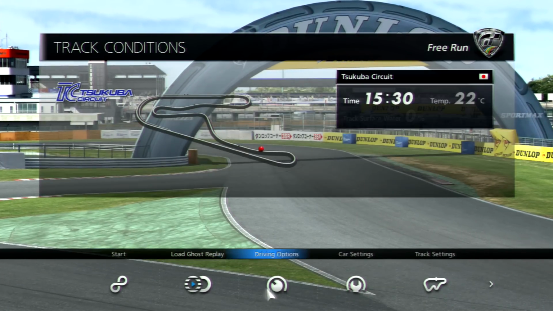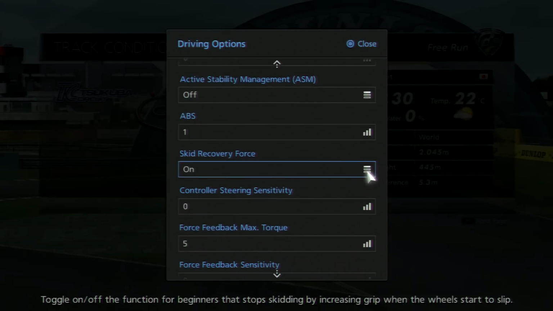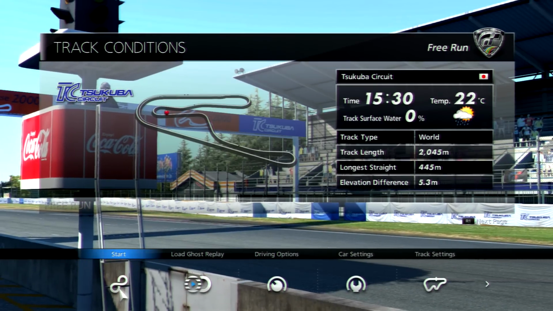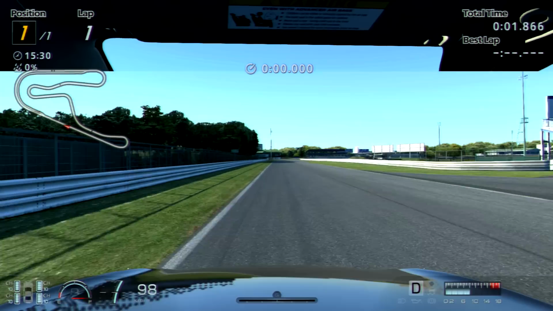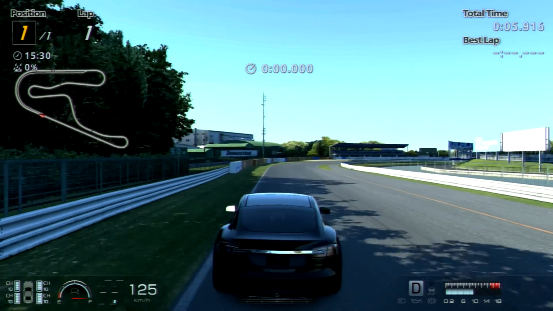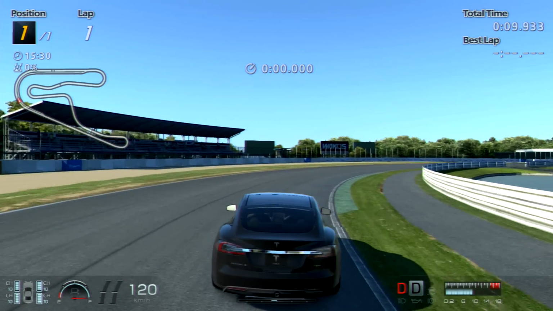Alright, let's see what this is like without any sort of tune whatsoever. So no skid recovery force, nothing like that. Turn everything off. ABS is going to be on 1. And let's see if this is any good. I can already hear it slide. Oh, this is gonna suck. There's no engine noise. All there is...